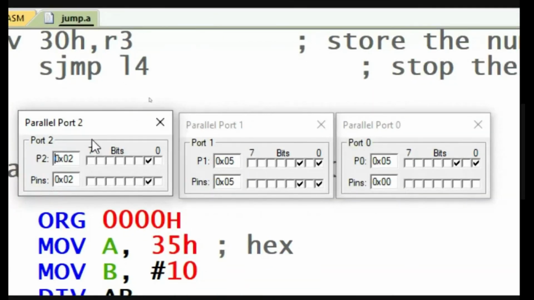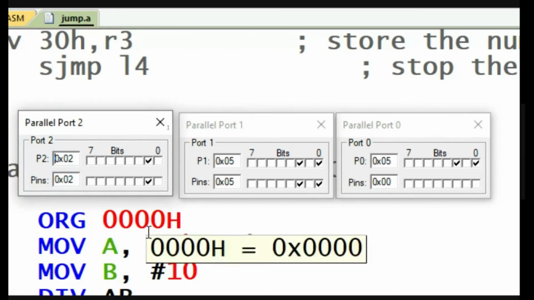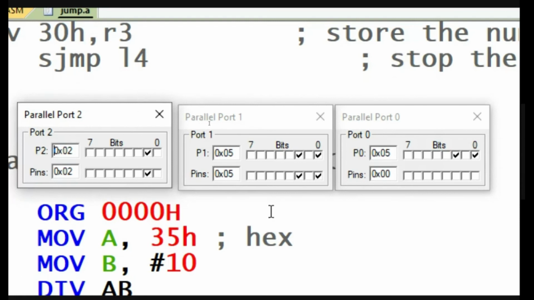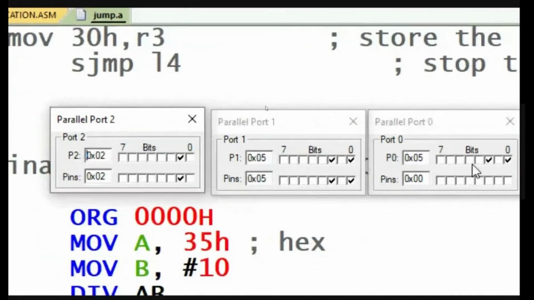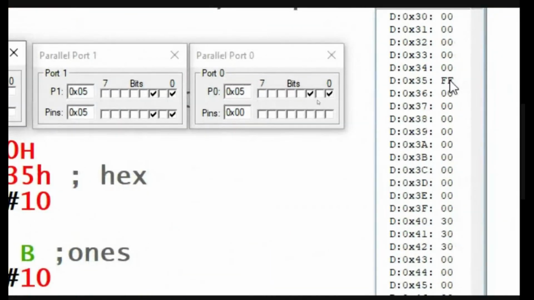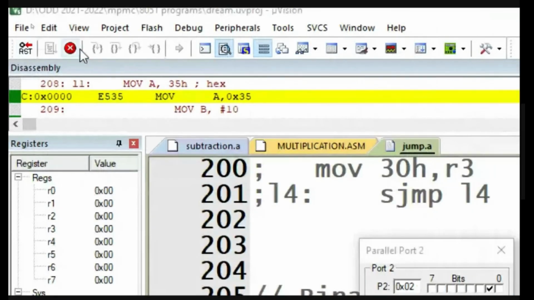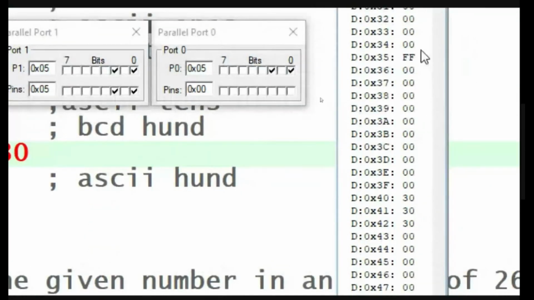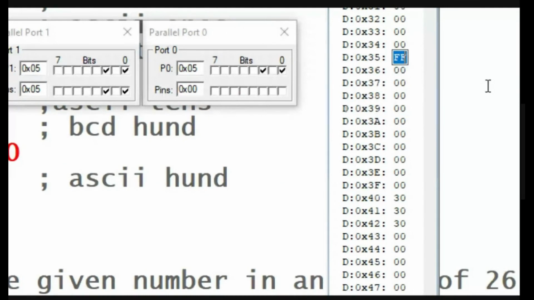So if we connect one 7-segment display in port 2, port 2 has to display 2, another 7-segment display in port 1, port 1 has to display 5, another 7-segment display in port 0, port 0 has to display 5. So 3 7-segment displays will display 255, something like that you have to understand. But for connecting 7-segment display, some more code conversions need to be done. But for you to understand, I'm just giving.